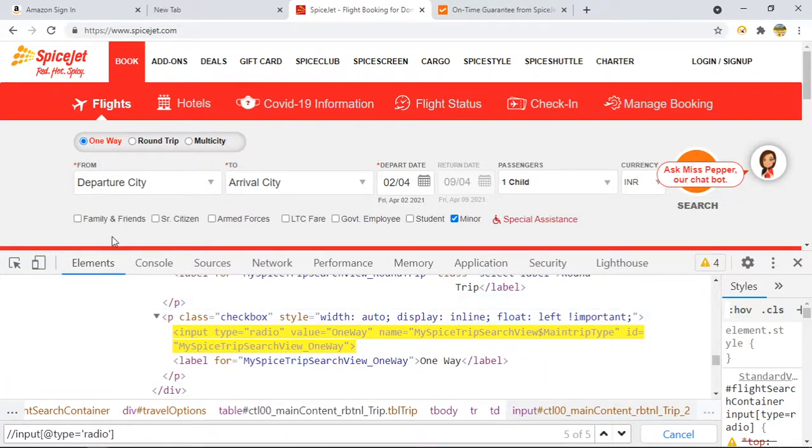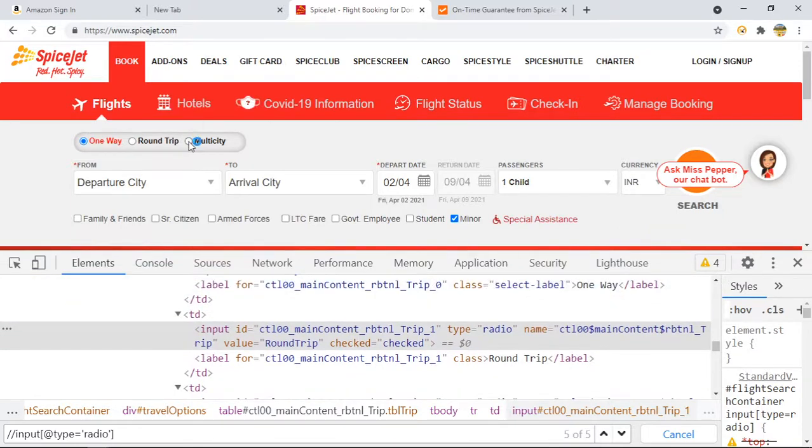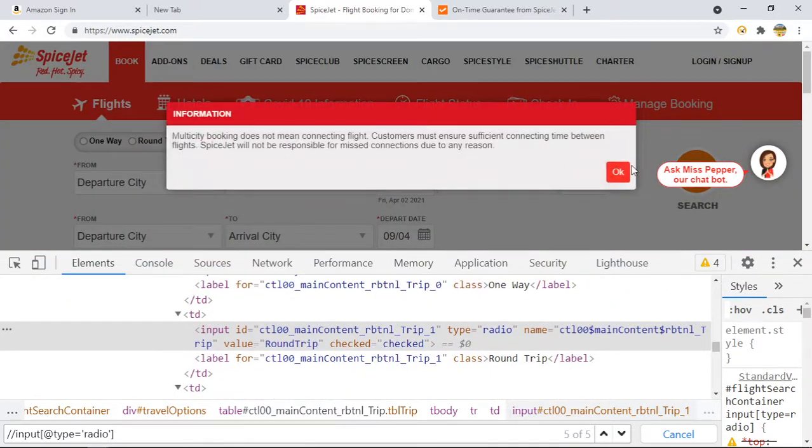I think it is not a good choice to consider this one. Let me write a unique one. I think inside multi-city there is also round trip and one way. It will select multi-city, yeah, I think that is the case. Multi-city booking does not mean connecting flight.